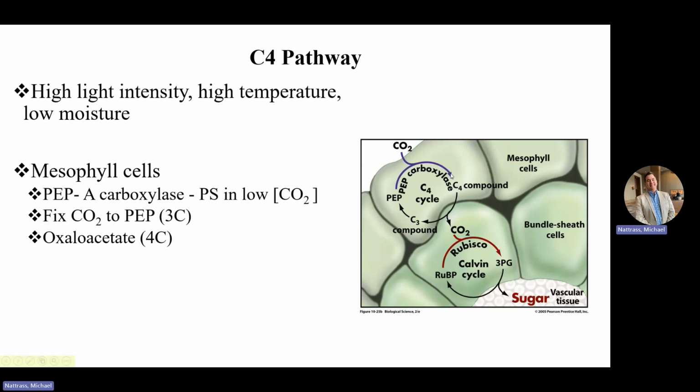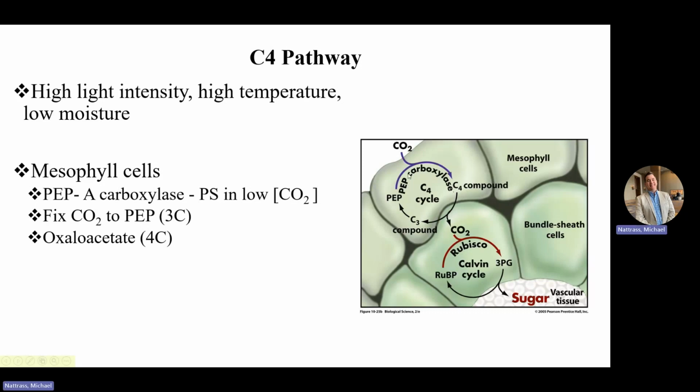And that oxaloacetate will then be moved into the bundle sheath cells, be broken down or pulled apart so that the carbon dioxide can go back into Rubisco. If we go from oxaloacetate and 1 carbon dioxide comes back off, that C3 compound, PEP, gets moved back into